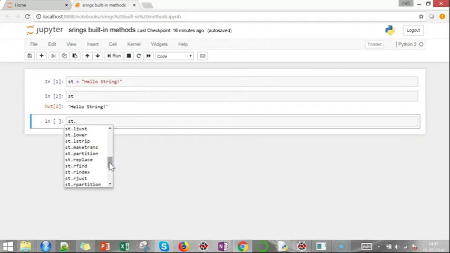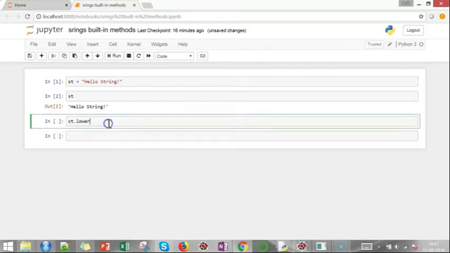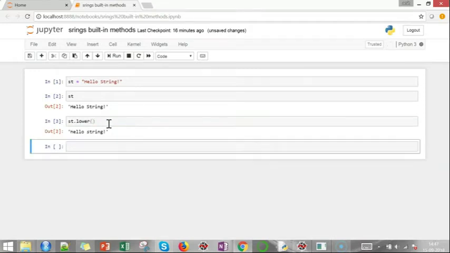If you want to convert all the letters of your string to lowercase, you could use st.lower, put closing brackets and shift enter. You could see the complete string is converted into lowercase. This was hello string with H capital, S capital, but now this has H small, S small.